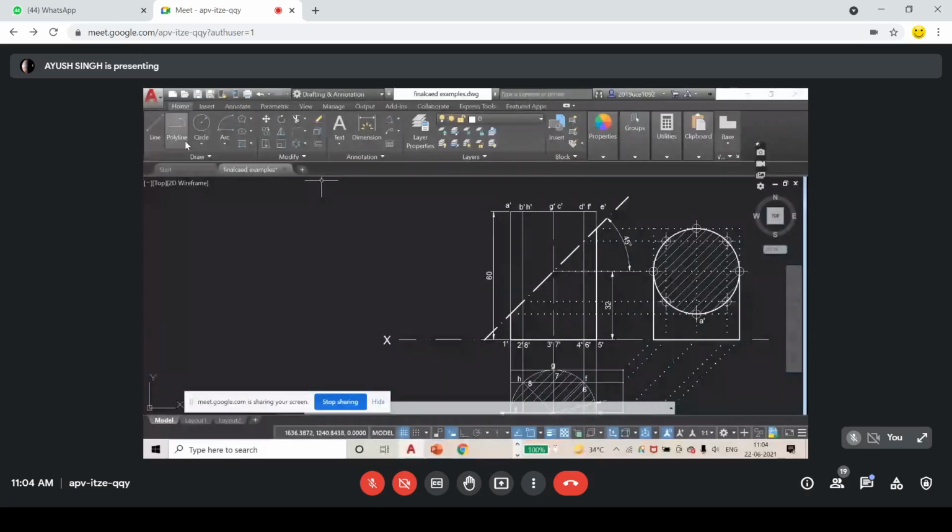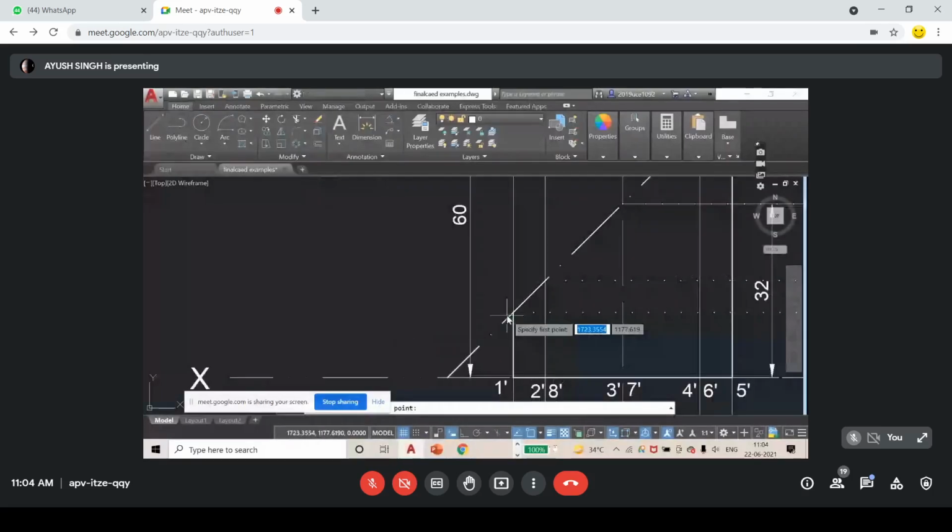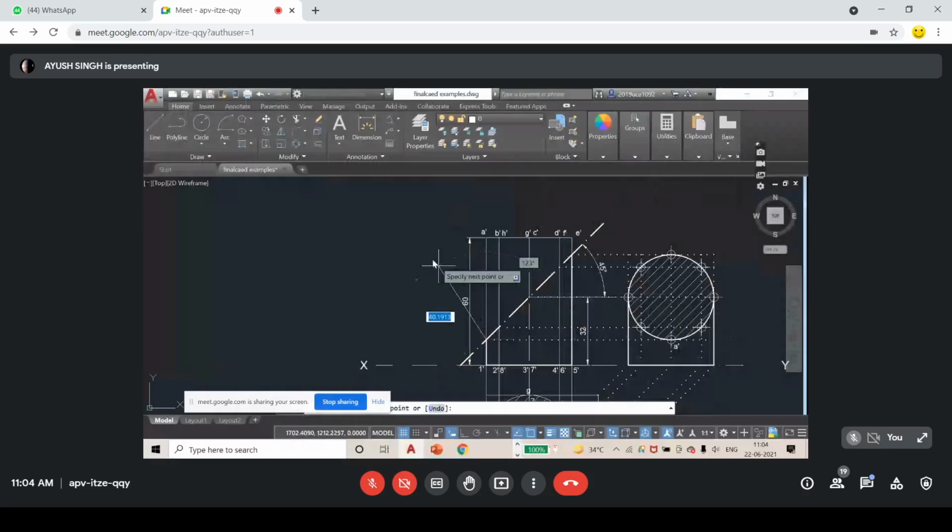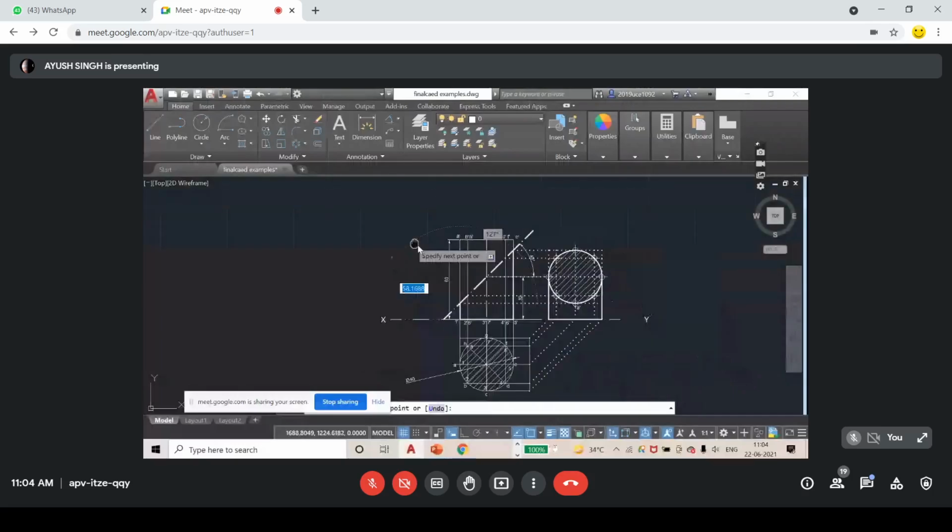I will just start from here. This angle is 45, and this angle is 90, so in total I have to rotate it by 135. Take any random distance. Tab 135.